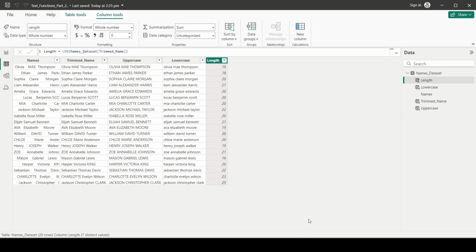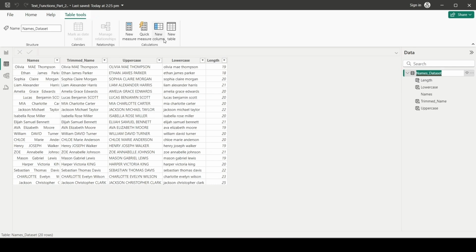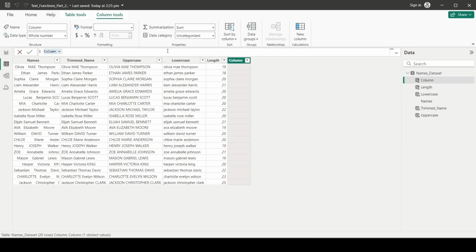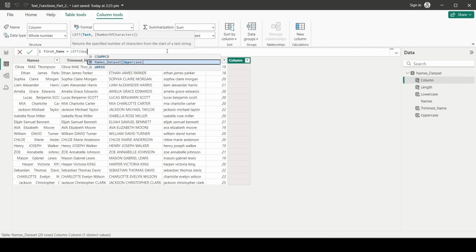To look at the parameters of left function, click on the dataset, click on new column, type left. Here we have 2 parameters: text, the string or text from which you want to extract characters; number of characters, the number of characters to extract from the left side of the string. For our example, let's consider extracting first name from uppercase column. Let's name the column as first name. We want to extract first name from uppercase column, so type uppercase. Here we got the column, hit tab, comma, type search,